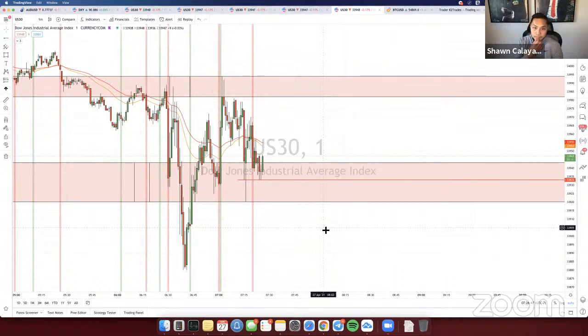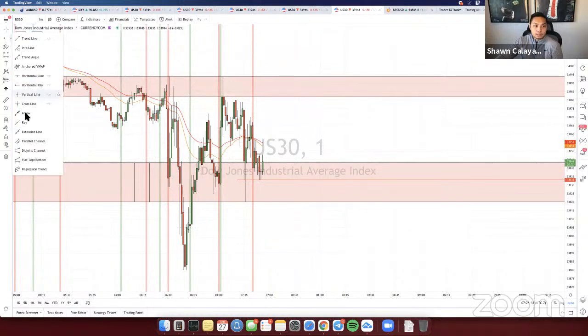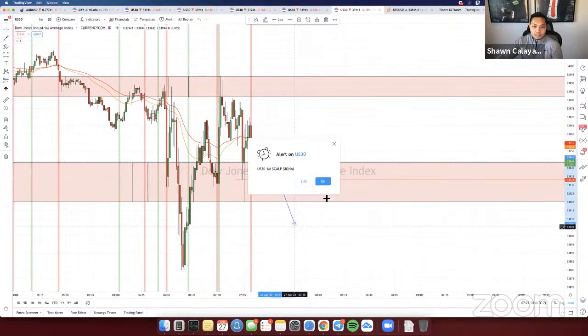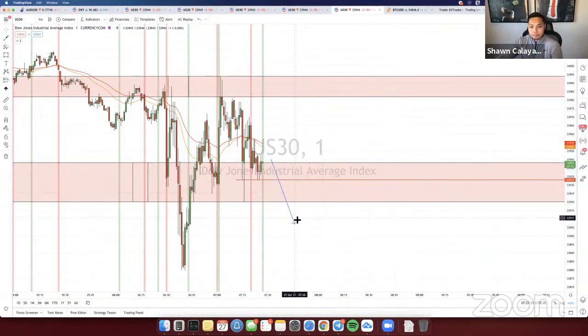I'm not too worried about exiting this manually. I'm just waiting for it. Because the thing is, I also don't want to set a TP. Because what if it drops? What if it just comes crashing down, right? What if it goes all the way down here, and then I close out right at that point? Then I'm going to be upset because I'm like, man, I should have just waited. So I'm just watching for it to make its move.